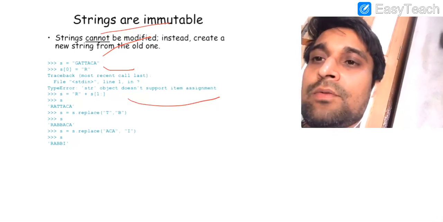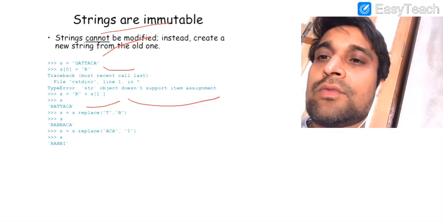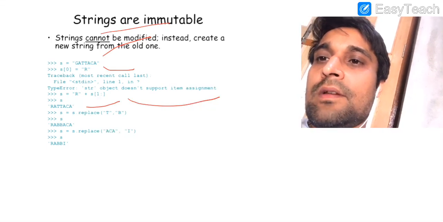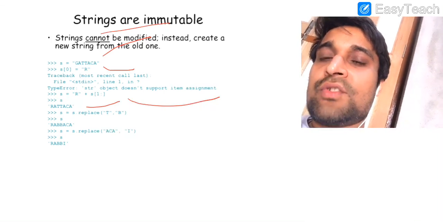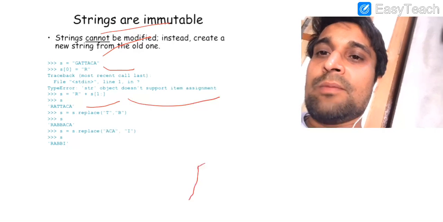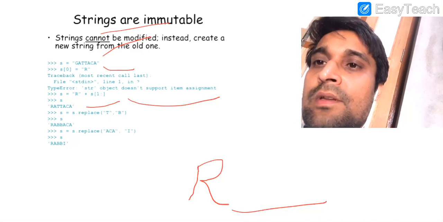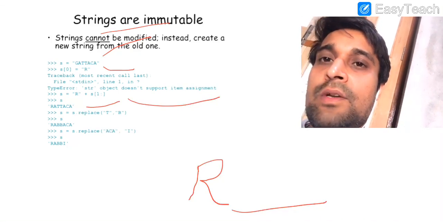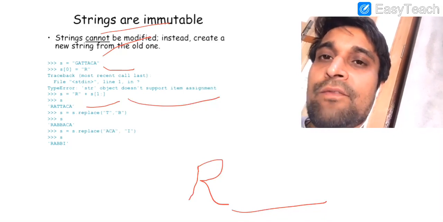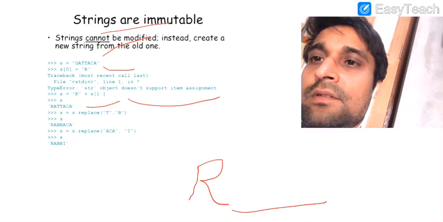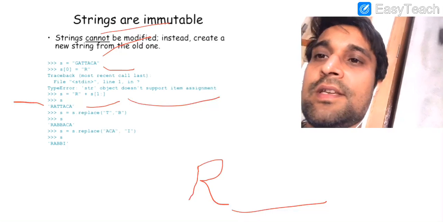In our next example you can see what we have written here, s is equal to R plus s square bracket 1 colon. R is our first string, plus is the concatenation operator. It means we are going to append one string after another string. Our string will begin with R and it will contain all the characters available in s from index 1 to the last index. It means the second character to the last character of the original string will be appended after character R and its value will be saved in s. So we are getting the result RATTACA.